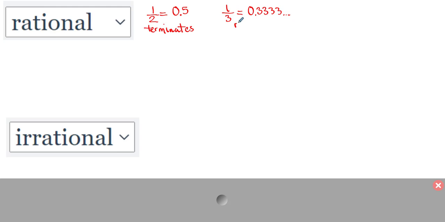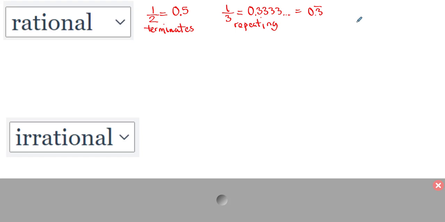Now this is called a repeating decimal because there's something that repeats. In this case, it's the 3. It's going to keep going. And most of the time when you see that, you're going to go ahead and rewrite it, but then you'll put bar notation over that which repeats. So again, you can have a fraction or a decimal that terminates,